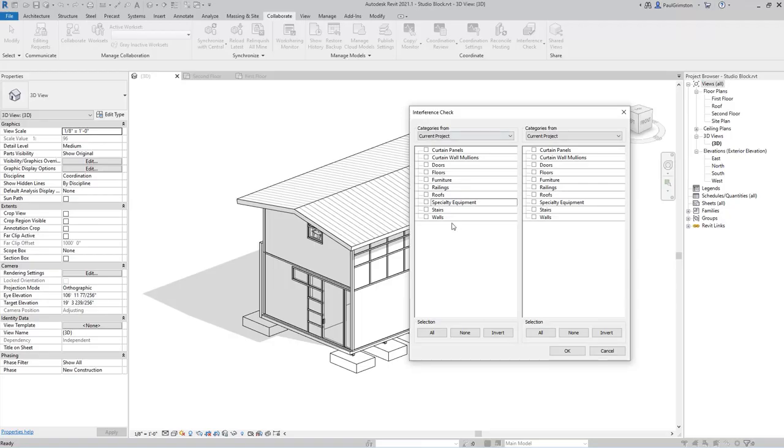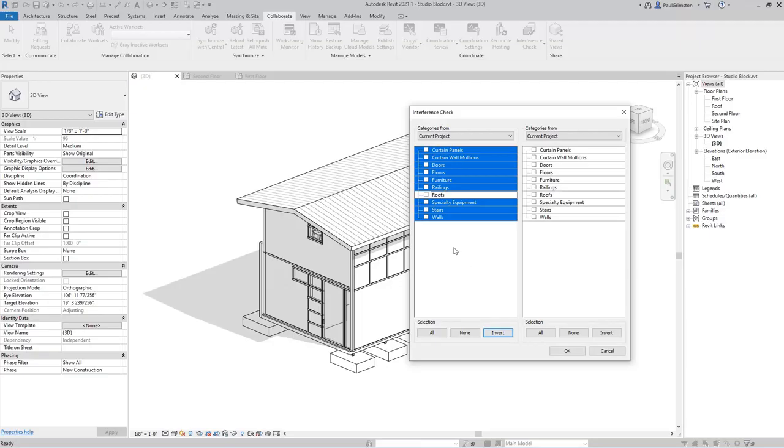And we need to choose everything apart from the roof, as we know there will be a lot of interference between the roof and the structure, as we've modelled a structural zone in our roof to accommodate the insulation and finishes, and also the zone for the roof structure. So I'll choose roofs and then select invert to choose everything apart from the roofs, and